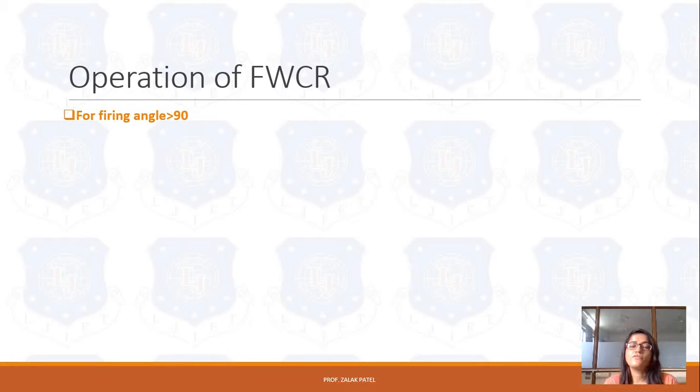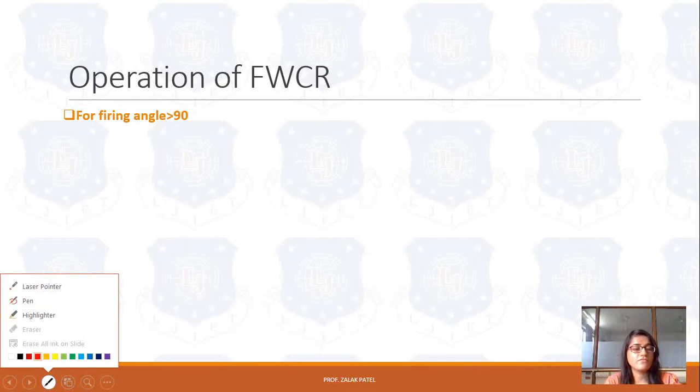So that's why for that particular case we can say that rectification will occur, and power delivered from source to load is more compared to power delivered from load to source, while in the second case, when firing angle equal to 90 degree, the power from source to load is equal to load to source. Now let's discuss the third case, that is when firing angle is greater than 90 degree.